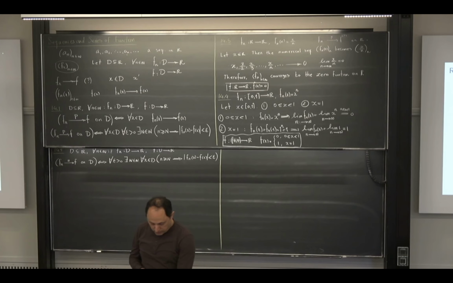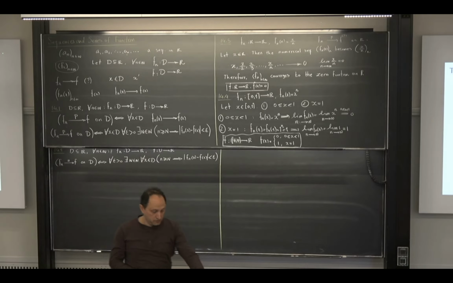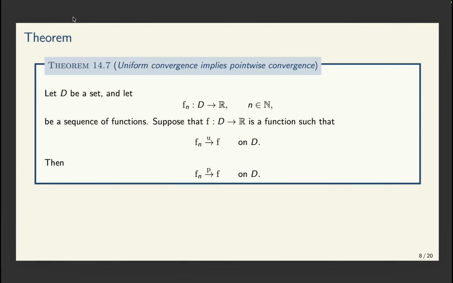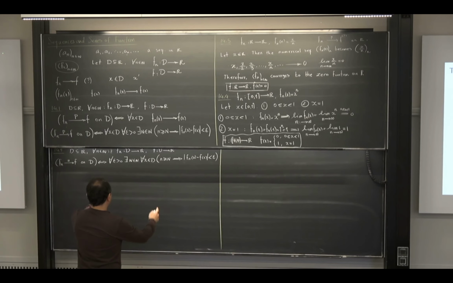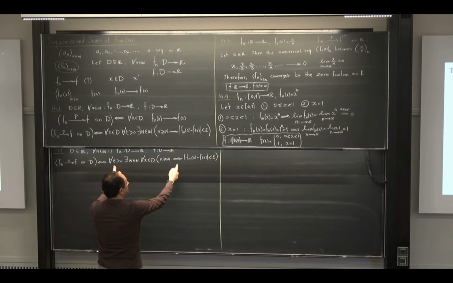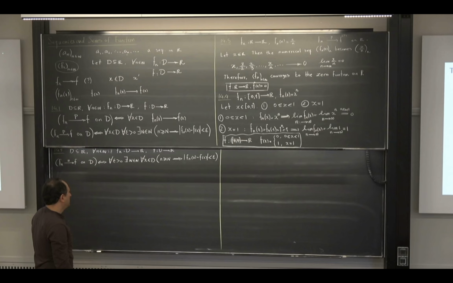Okay, any questions? Okay, so we can skip this theorem because we already covered it. So remember that. Because if I have this, yes, the theorem tells me that uniform convergence implies pointwise convergence. Yes? It's a good theorem to know. Do you agree that if this occurs, I can go from here and conclude that one? Yes? But not the other way around.